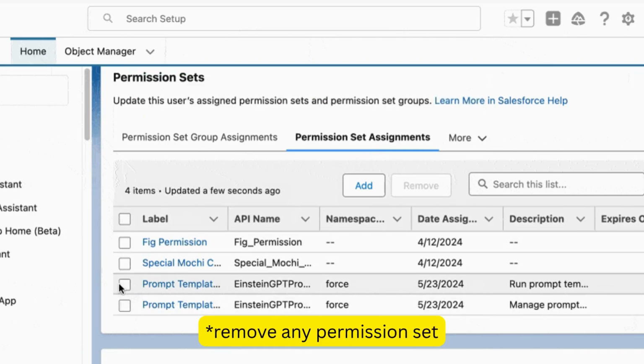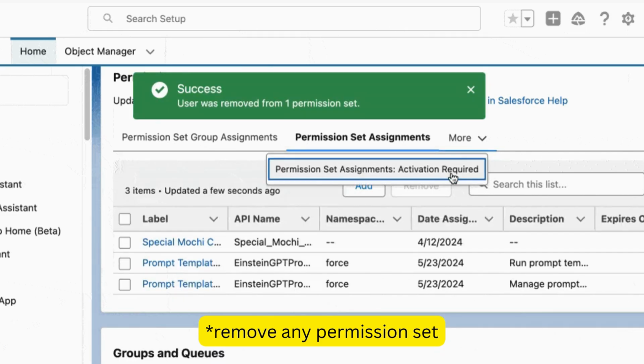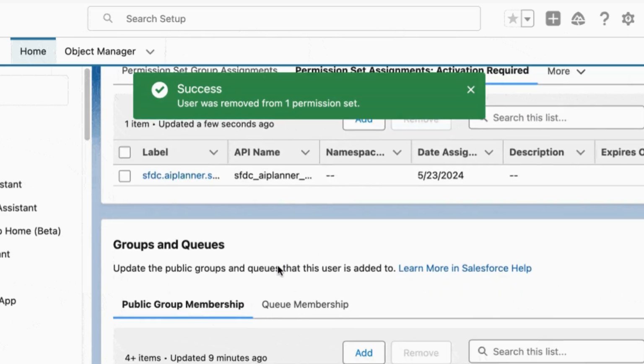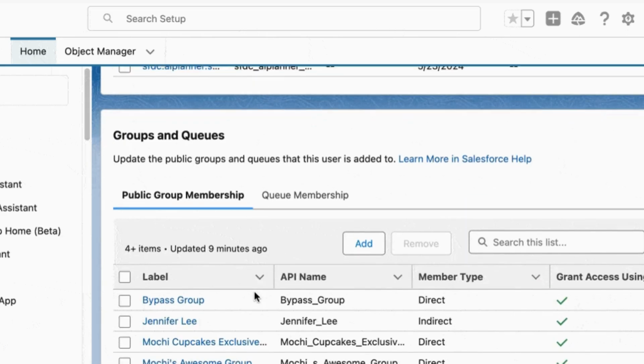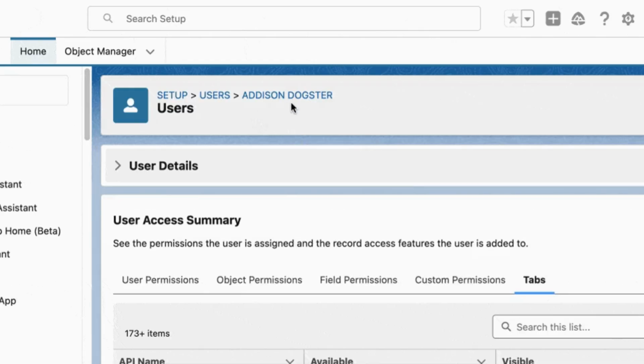Similarly, we can add a permission set group over here. We can see the option of group and queues also. We can add this user to any group or any queue.